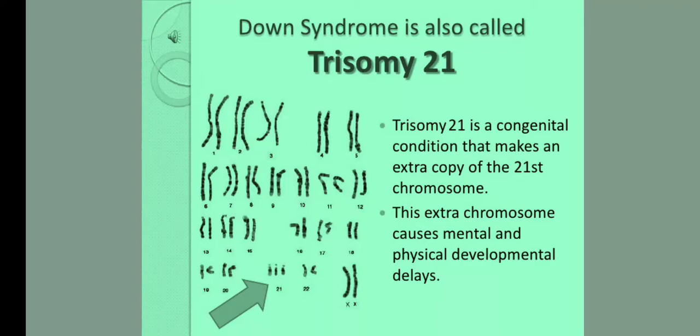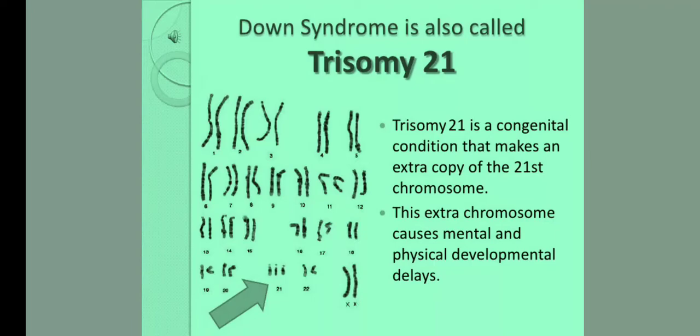For example, Down syndrome results in the gain of an extra copy of chromosome 21. Similarly, Turner syndrome results due to loss of an X chromosome in human females. There is one more important term, that is polyploidy. What is that? Failure of cytokinesis after the telophase stage of cell division results in an increase in a whole set of chromosomes in an organism, and this phenomenon is said to be polyploidy.